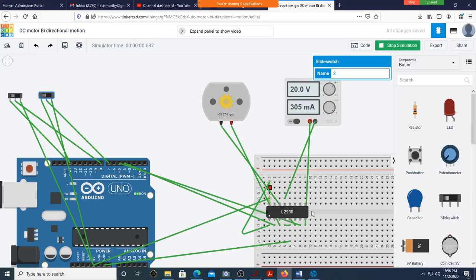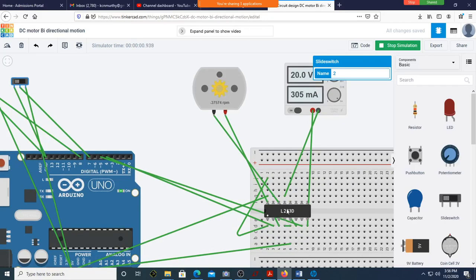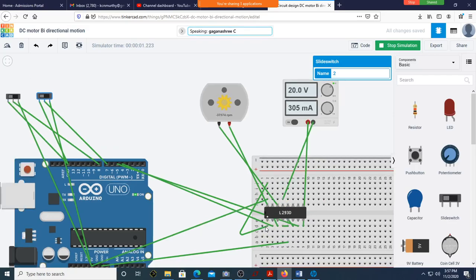Of course, I didn't make a very neat circuit. Can you see this is supply 2 going here and this is ground. Supply 1, you can see I'm connecting from 5 volt here. And then you can see this is the motor, with output 1 and output 2 connected, and the 2 inputs are coming from 2 digital outs. They are going to in 1 and in 2.